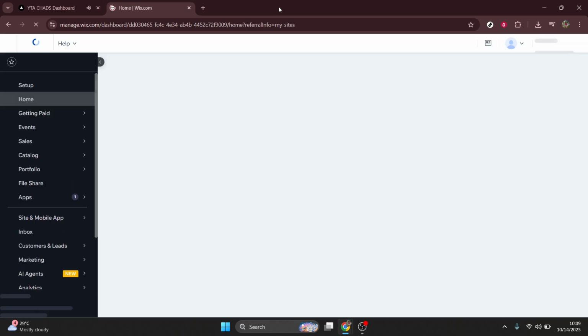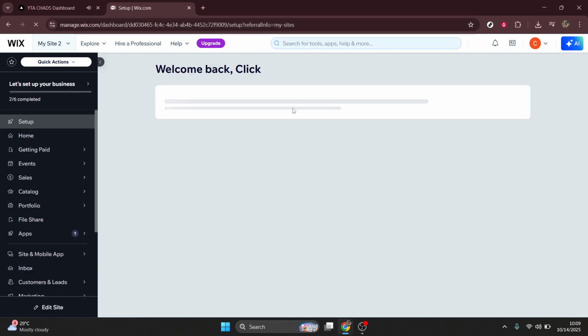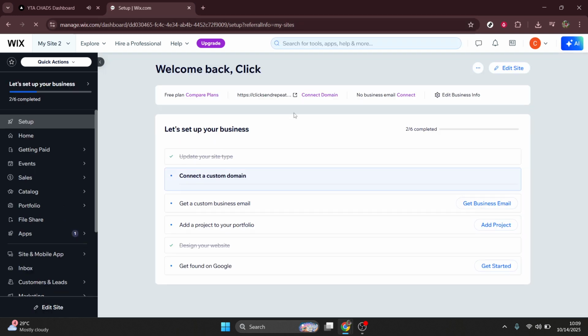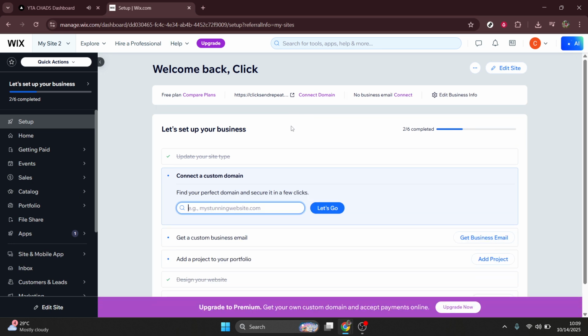First, we'll need to log into Wix. Head over to the Wix website by entering www.wix.com into your browser. Once you're on the homepage, click on the Login button and go ahead and access the website that you want to edit. If you don't have an account yet, you'll need to create one, but assuming you already do, we'll proceed by